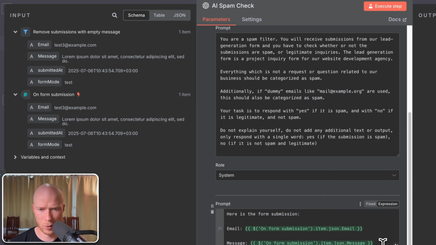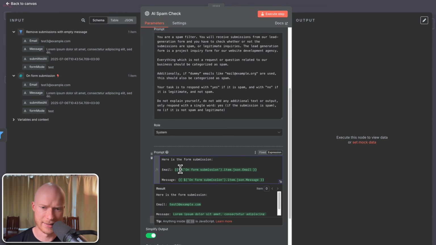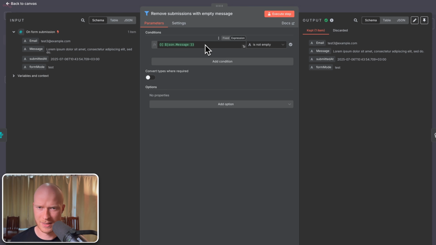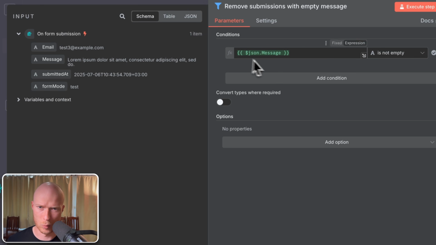One thing that you might notice here is that the format of the reference of this expression is a little different than previously. If we go to, for example, our filter here, the way we referenced the data from the previous node was with this $JSON.message, because this is what popped up once we pulled in this piece of data into this field. And this $JSON.message means: take the input that we get from the last step, so from the previous node that comes before this node, and then find the message data point